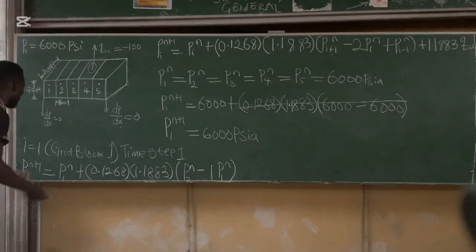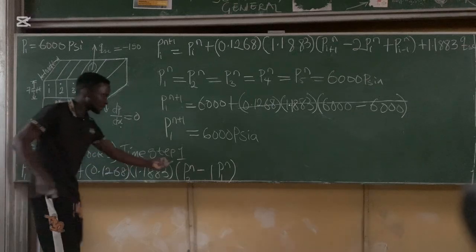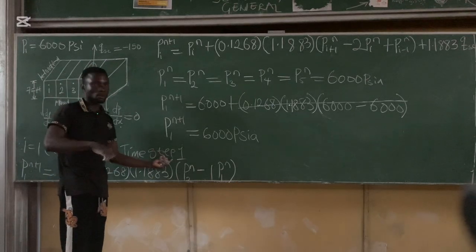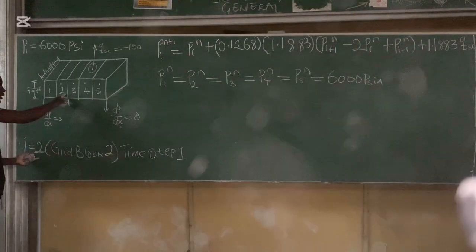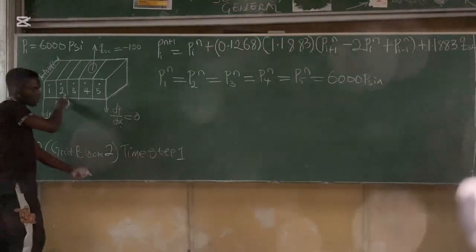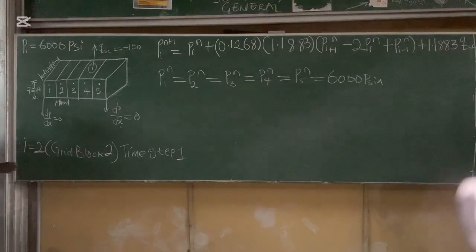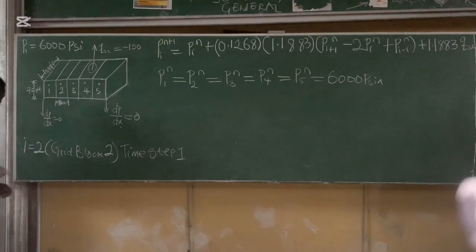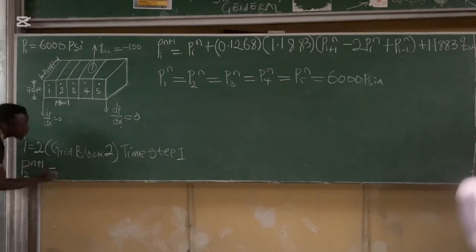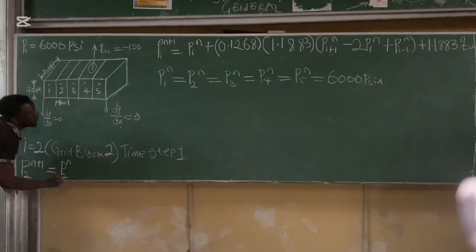The next step now is to calculate for i equal to 2, for grid block 2. The same thing we are seeing at time step 1. So we'll calculate for i equal to 2. If i is 2, it is located at grid block 2. Then we are still at time step 1. So if you put 2 into our equation, we are going to have P2^(n+1) is equal to